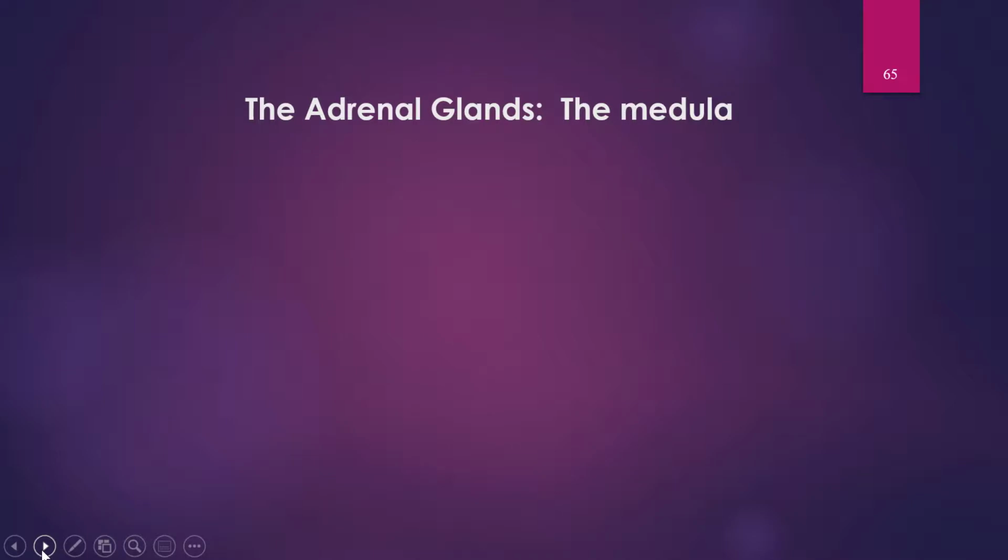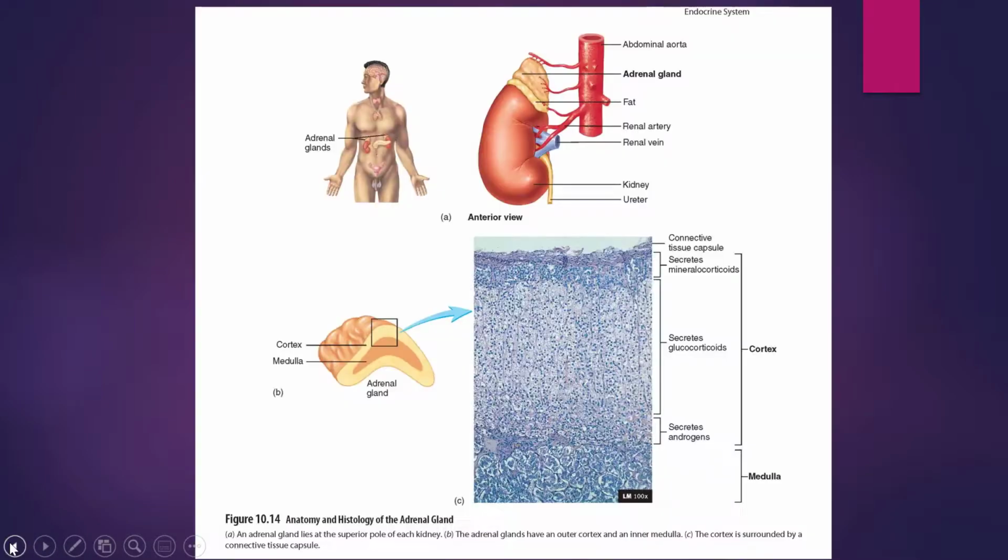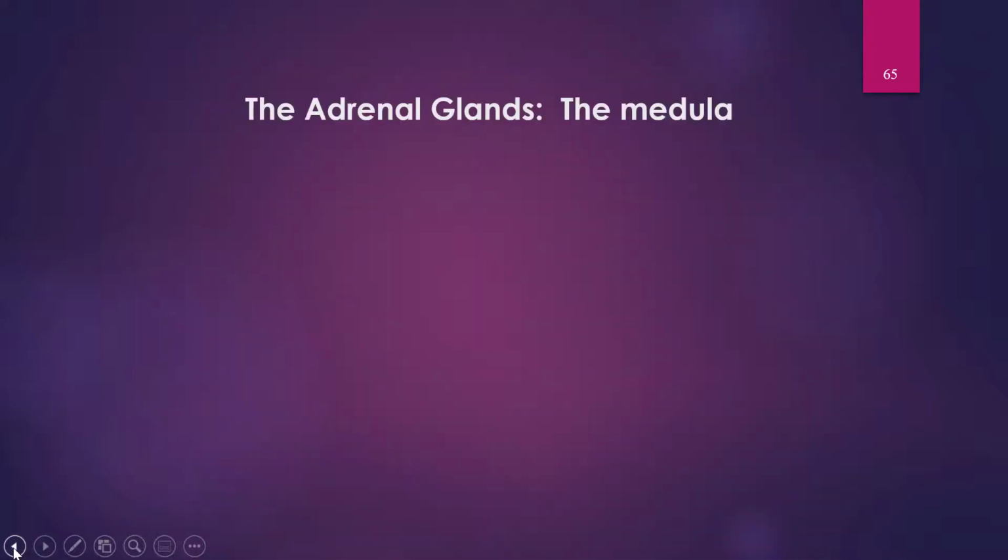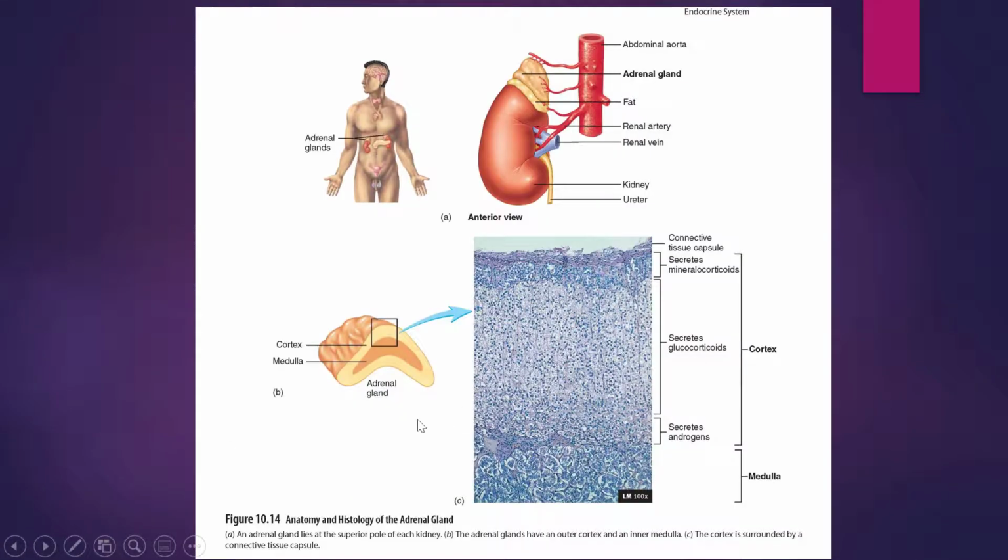Now the adrenal glands. The adrenal glands are located, sitting on top of the kidneys, and it's a solid organ. It will have a cortex, which is the outer section, and the middle part, which you call the medulla. Now, it is very important that you know where they are, because I will be referring to them in my lecture. The cortex alone right here is made up of several layers of specialized secretory cells.